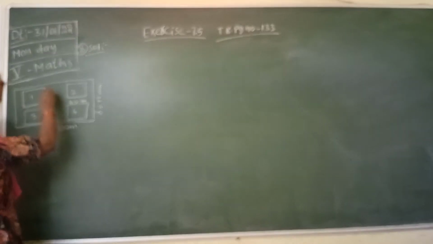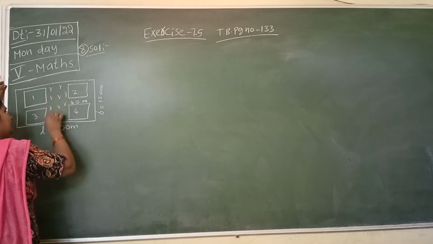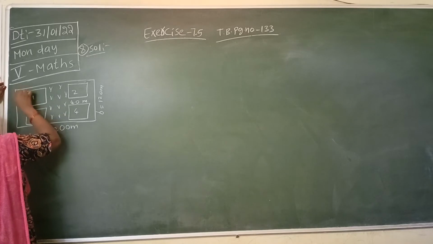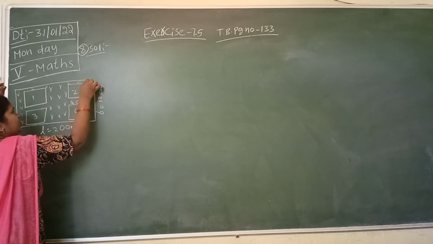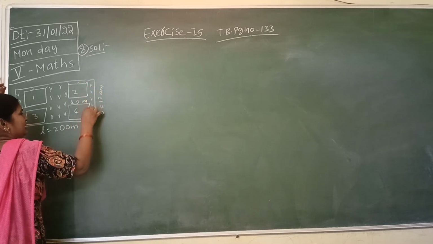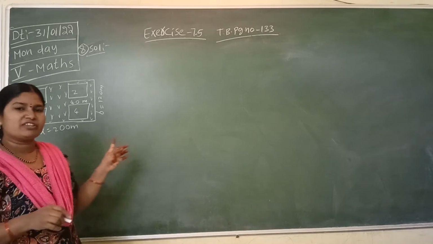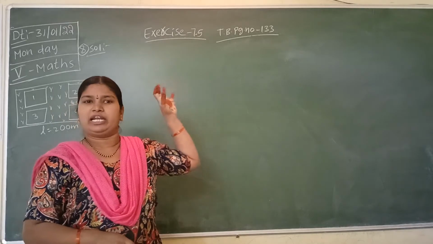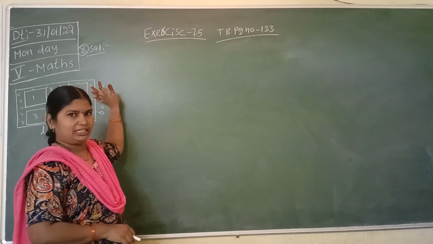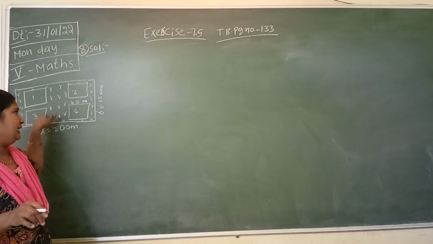Now they want to lay the grass inside this field. Inside this field means this inner space. They want to fill the total inside of the field with grass. For laying grass inside this field, they are asking per 1 square meter 20 rupees. And what is the total cost for laying the total grass in the field, except these flower beds?